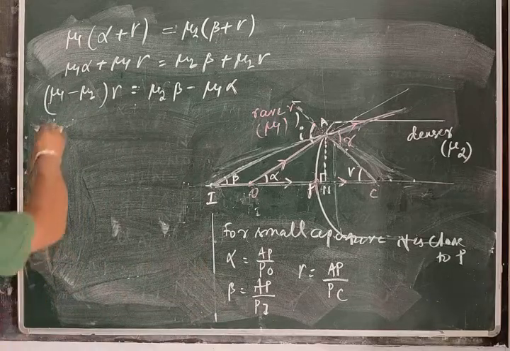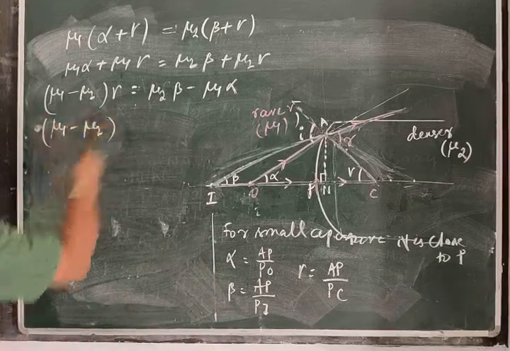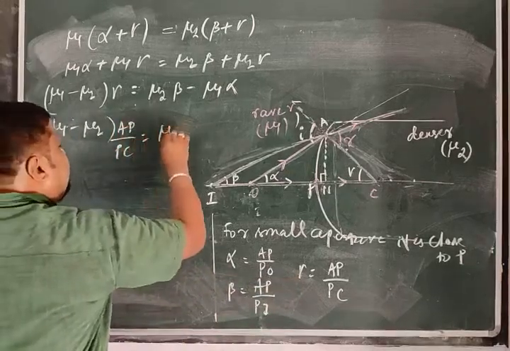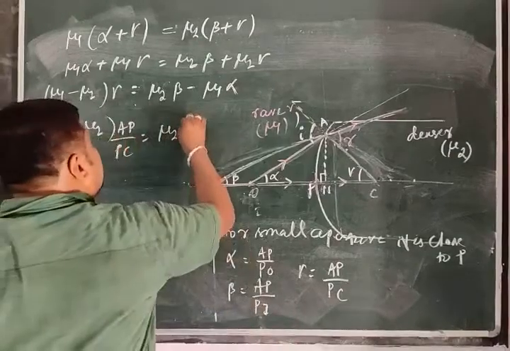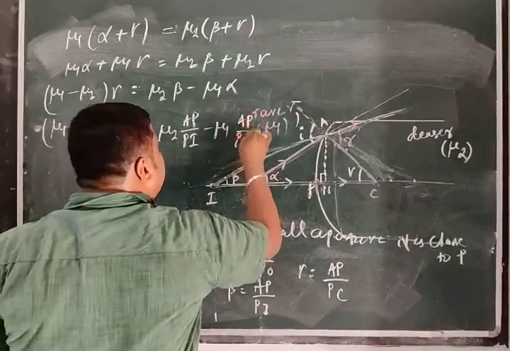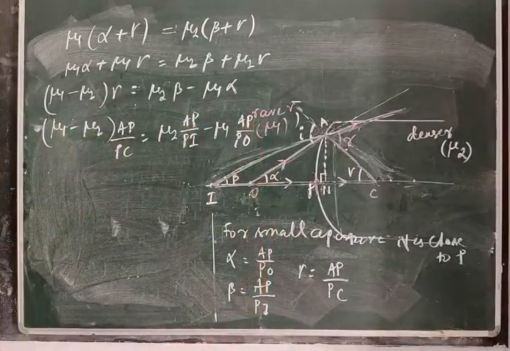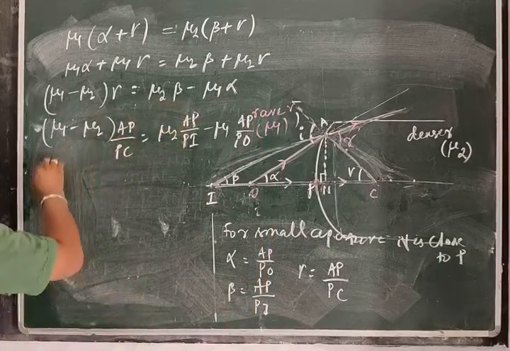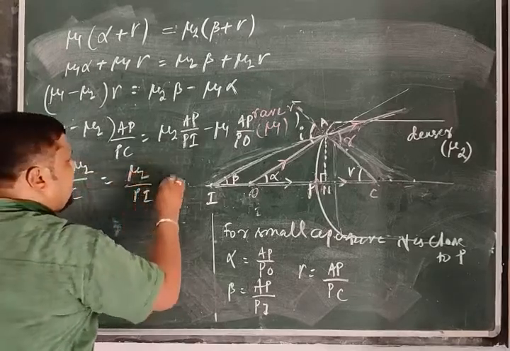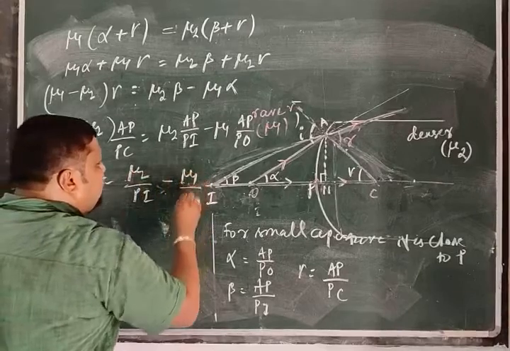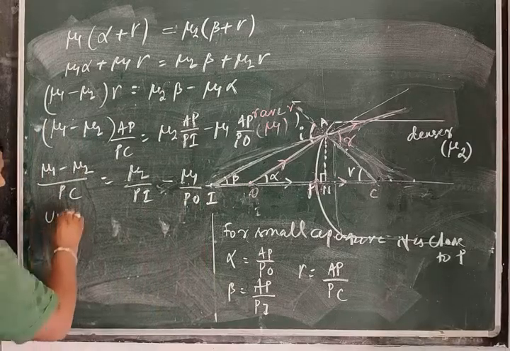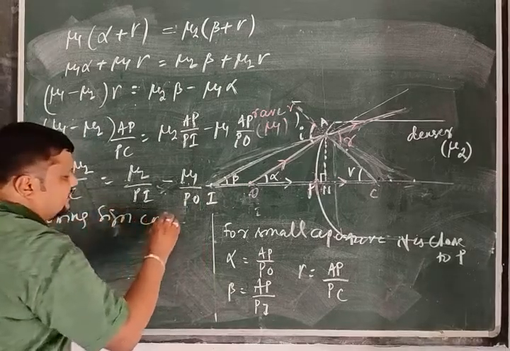(mu1 minus mu2) into gamma, AP by PC, is equal to mu2 beta, AP by PI, minus mu1 alpha, AP by PO. Clear? Now AP cancels, so you get (mu1 minus mu2) by PC is equal to mu2 by PI minus mu1 by PO. Using sign convention,